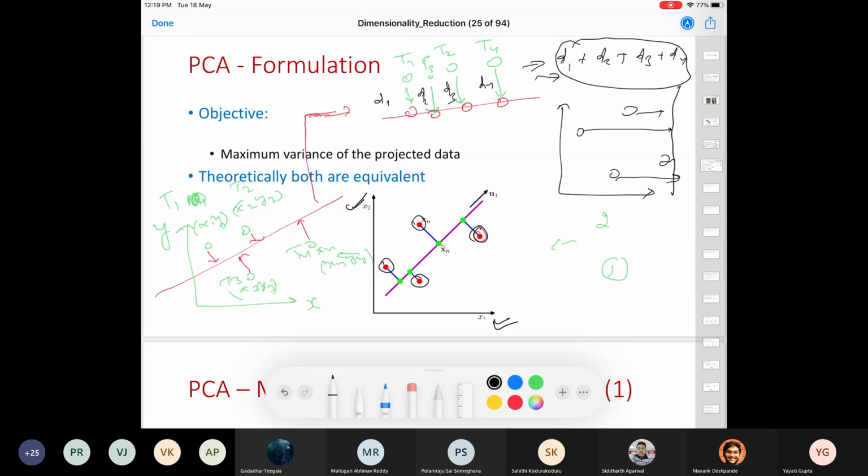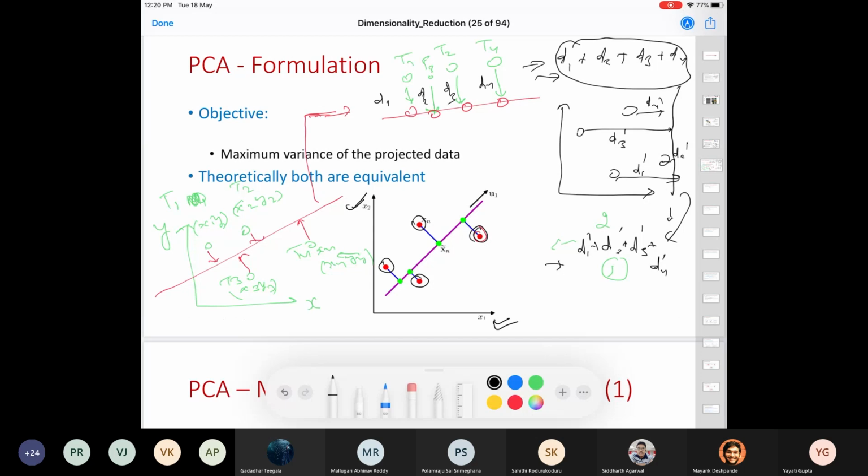Similarly, if I talk about this blue line, let's say this distance is D1 prime, this is D2 prime, this is D3 prime, this is D4 prime. For this particular new dimension, the total information loss that I see is equal to D1 prime plus D2 prime plus D3 prime plus D4 prime.